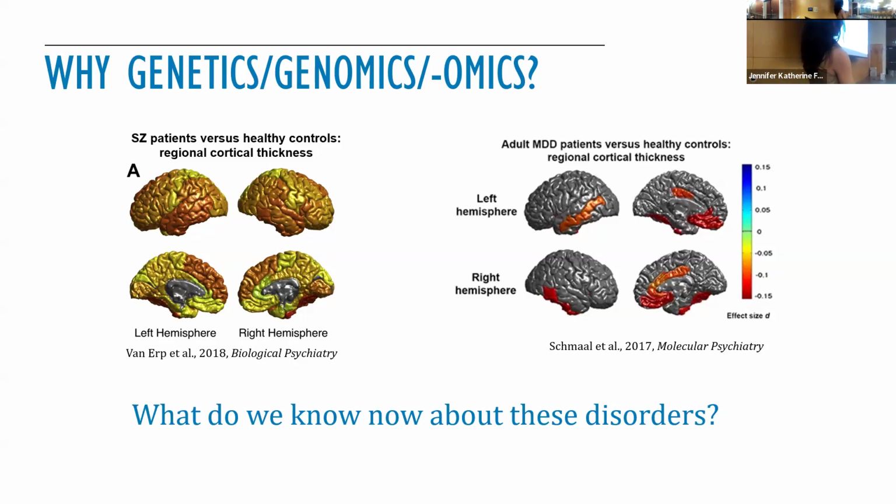I will say that within the literature, when people see that kind of finding, they're saying, okay, even though you see some differences in cortical thickness across the brain, it's also implicating in schizophrenia that regions associated with higher cognitive processes tend to show greater differences in cortical thickness compared to regions involved, for example, in lower level sensory processing. Some of those regions that show larger changes also happen to be regions of the brain that mature a little bit later. So there's some implications there for the field when we see things like that versus, for example, on the right